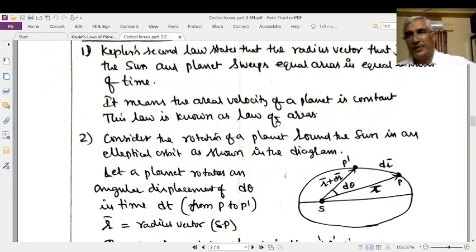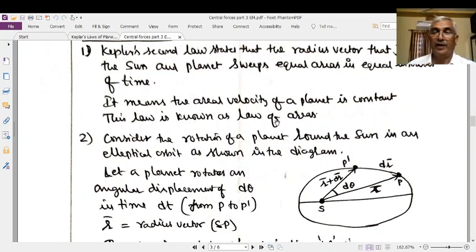Take Earth. It rotates around the sun and it takes 1 year. One year is conveniently divided into 12 months, January to December. Some months have 30 days, some have 31 days, and February has 29 or 28 days. But for convenience, let all months have the same time interval, that is 30 days. How many time intervals are there for Earth's rotation? 12 time intervals.